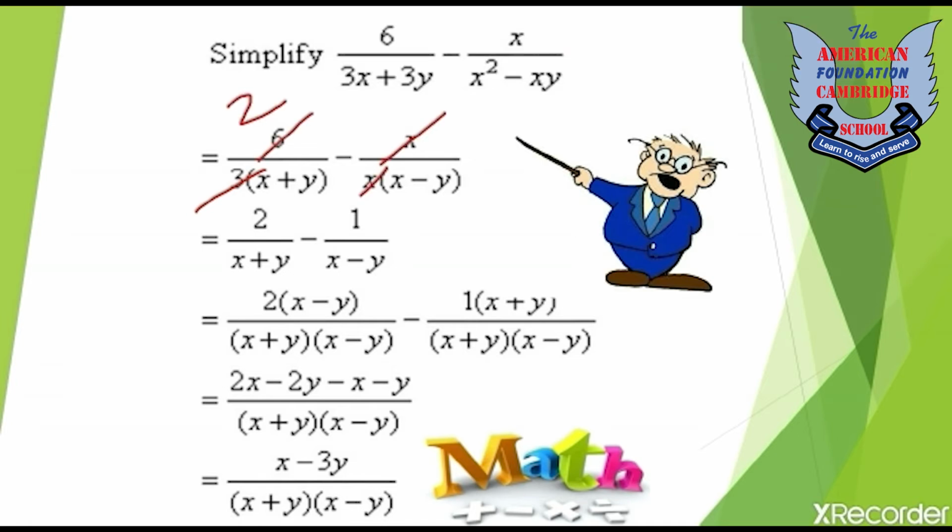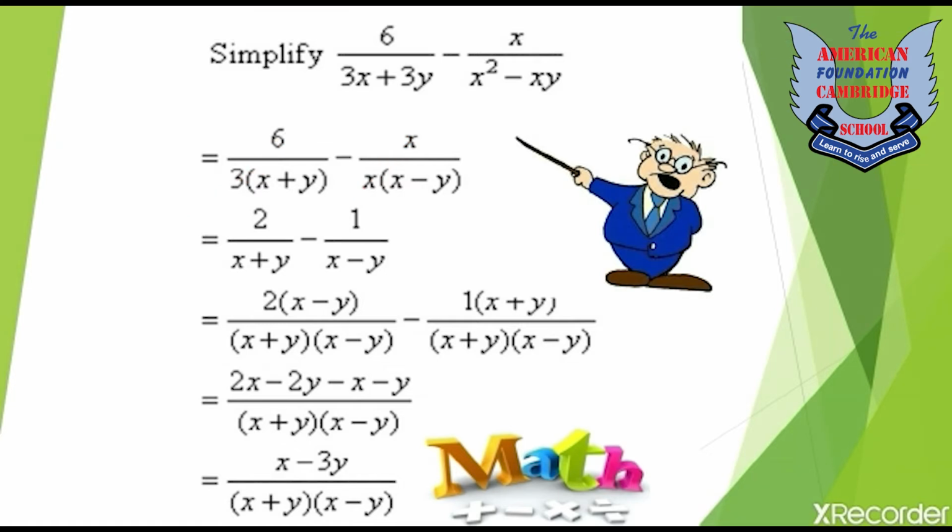After cancellation, you will get 2 upon x plus y minus 1 upon x minus y in the second step. Now you have to make both the denominators the same or equivalent to each other. For that, in the third step, multiply the numerator and denominator of the first fraction by x minus y and multiply the numerator and denominator of the second fraction by x plus y. Fourth step, after getting both the denominators the same, you can express both the fractions as a single fraction and solve their numerators